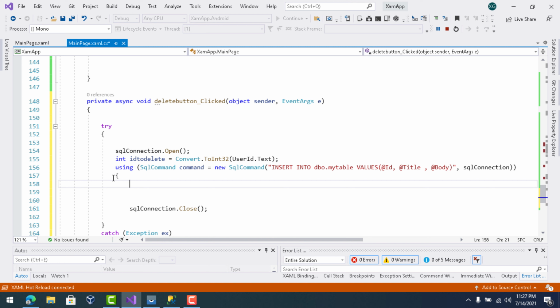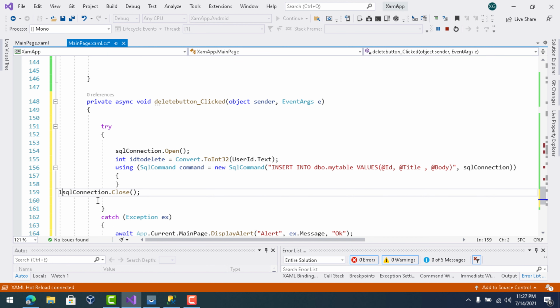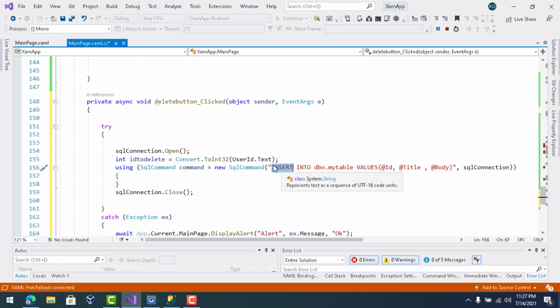So let's close it. Now our next thing is I'll just put some tab over here so that it will format well. Now our next operation is to add the query for our delete operation. In order to do that, we are just going to add some $ sign that we have used for our update operation. So delete